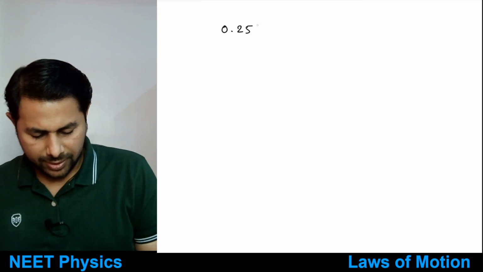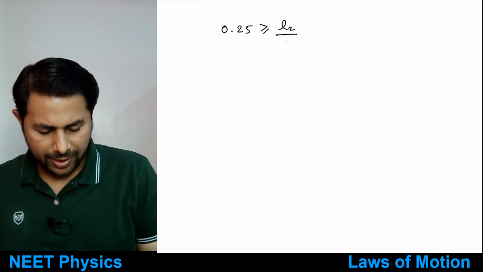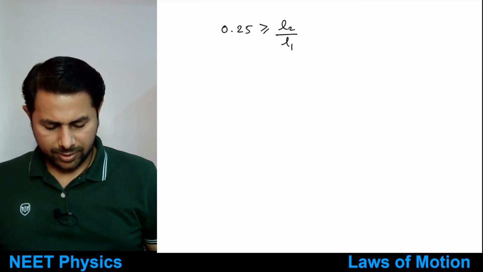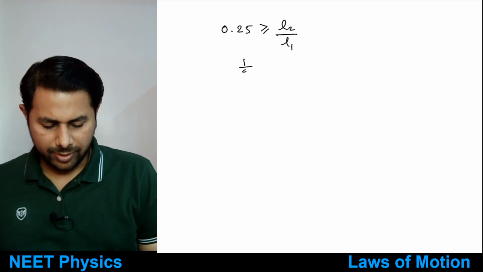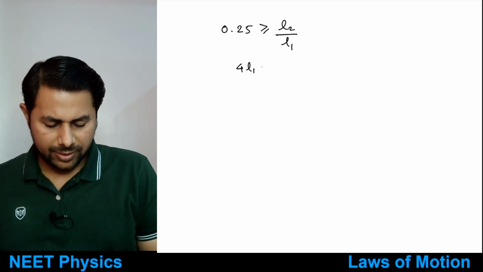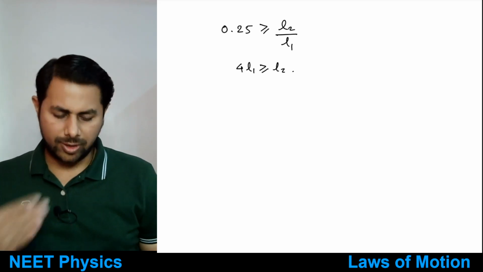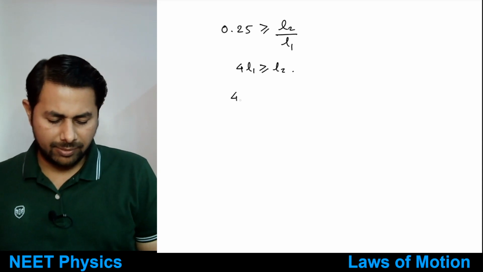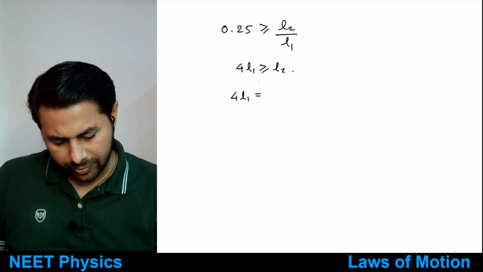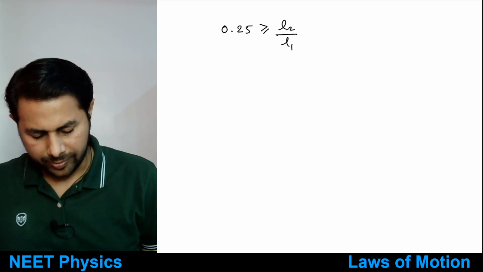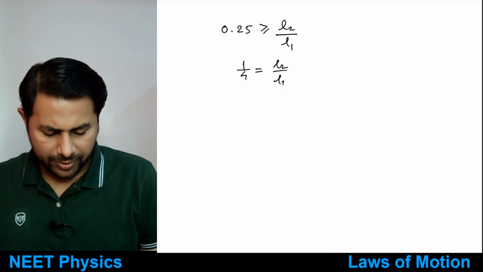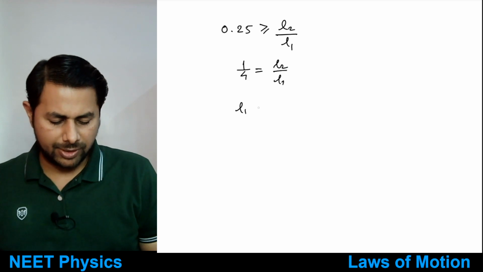So 0.25 is greater than or equal to L2 by L1, that means 1 by 4 is greater than or equal to L2 by L1. At the best, let's say it's equal to L2 by L1. So you have L1 is equal to 4 times L2,